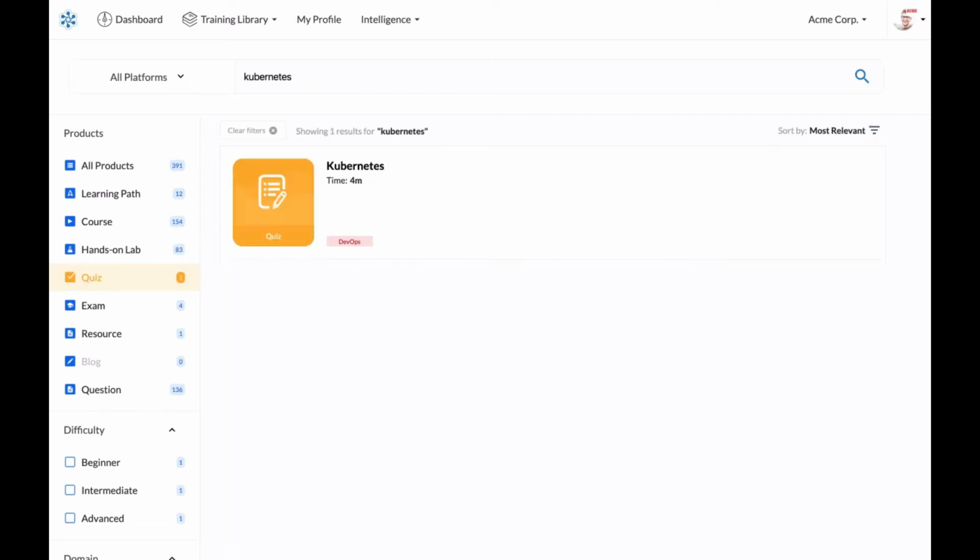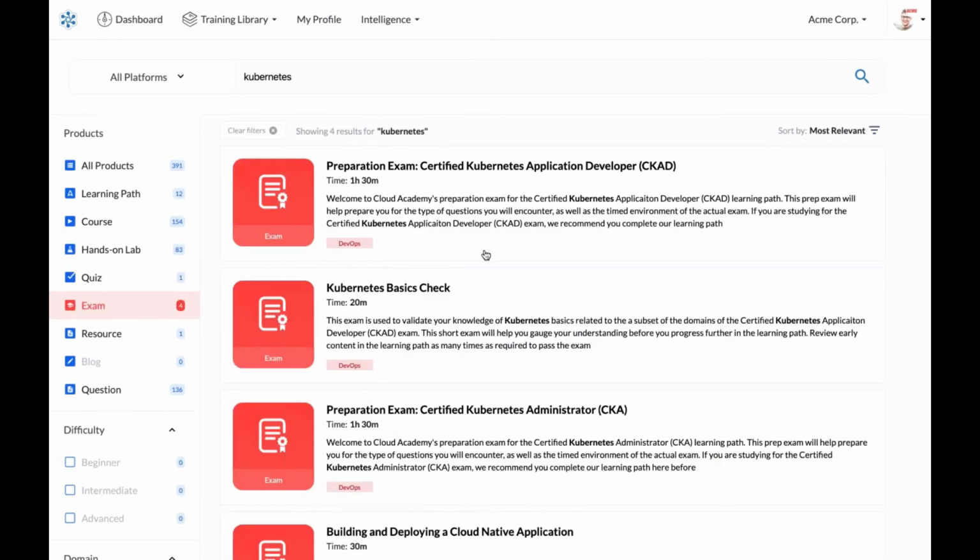And this is for the real world exercises. We also have quizzes. So here, for example, I have a quiz on Kubernetes that you can do, and if you get the question right, you will gain some score. And also we have exams that are basically a bit more complicated than the quizzes. They usually have more and more advanced questions.